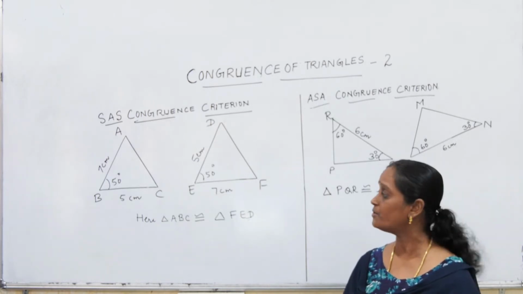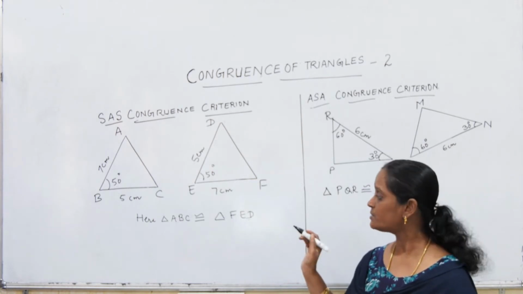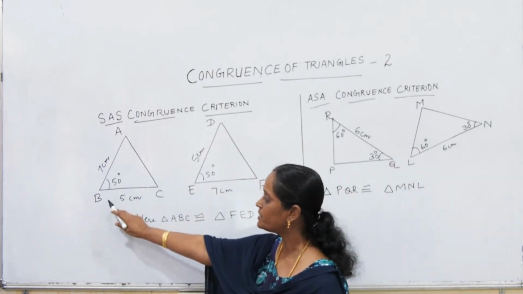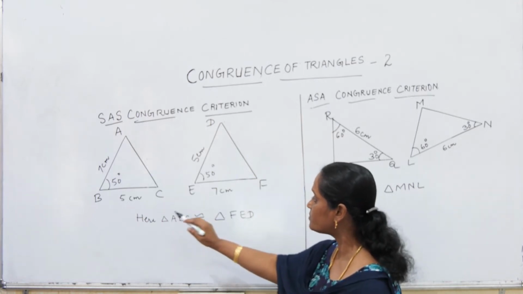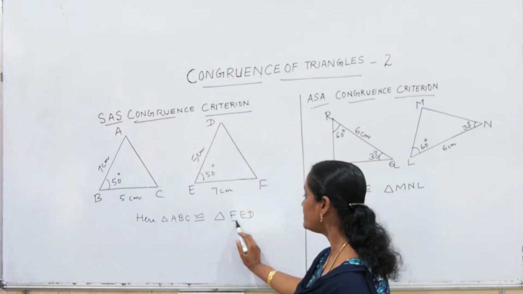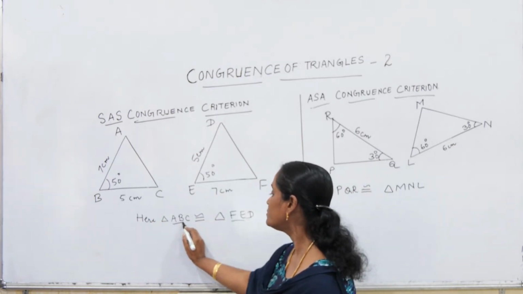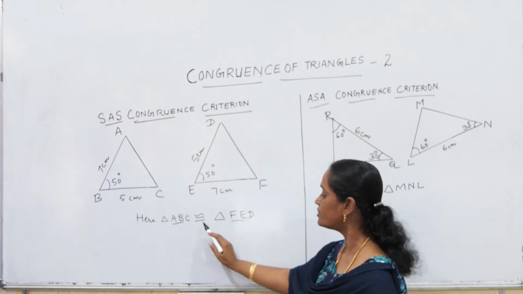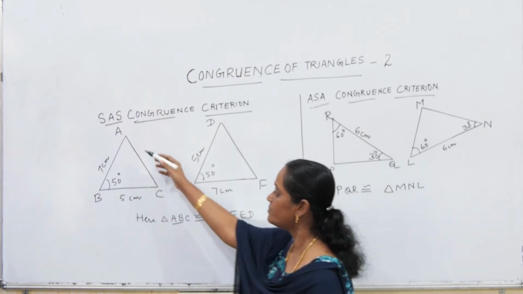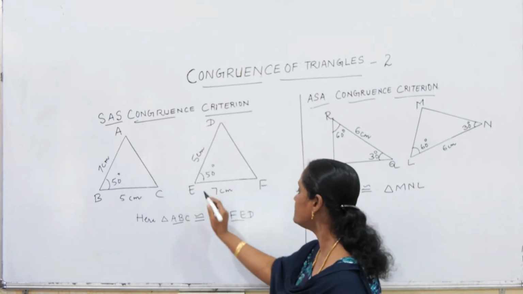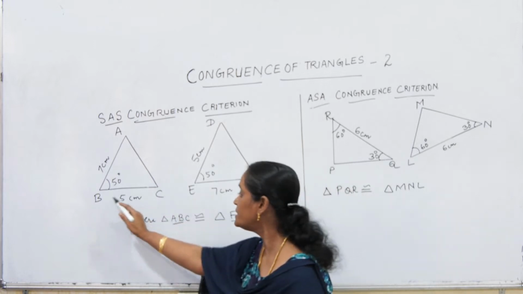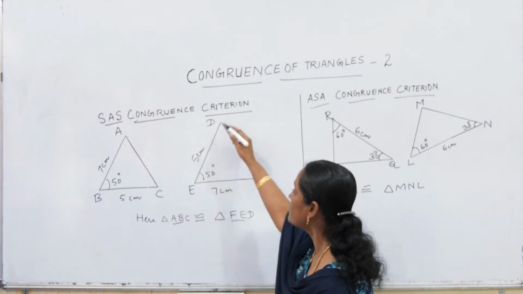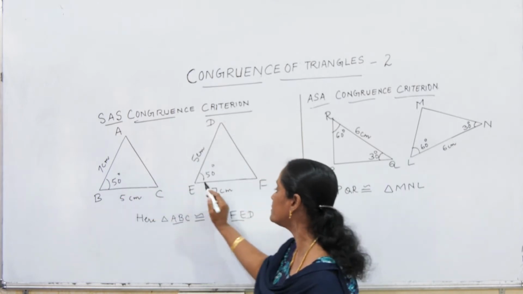Already I told you that in triangle congruence, correspondence definitely matters. So here in triangle ABC you can see that angle B is 50 degree. Here angle B corresponds to angle E only, and this side FE corresponds to AB. That is why the naming here is written as FED, and triangle ABC is congruent to triangle FED. Here you can see AB is equal to FE. AB is 7 cm, FE is 7 cm, and next BC is 5 cm, and here DE or ED is 5 cm, and angle B is 50 degree, which is equal to angle E.